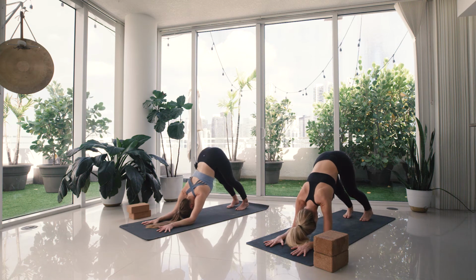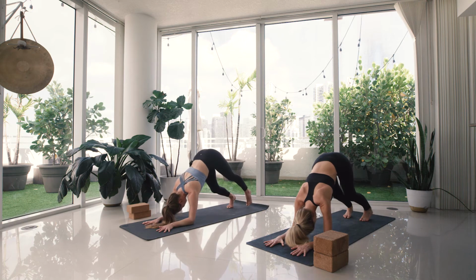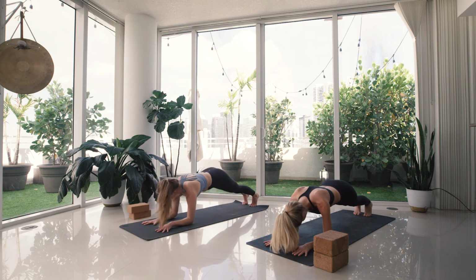Good, this might seem hard. This is actually going to be our resting position, so it's going to feel good after we come from plank, okay? I promise. So you're going to slowly look forward, walk your feet back into a low plank. So now your hips should be level, in one straight line with your heels and